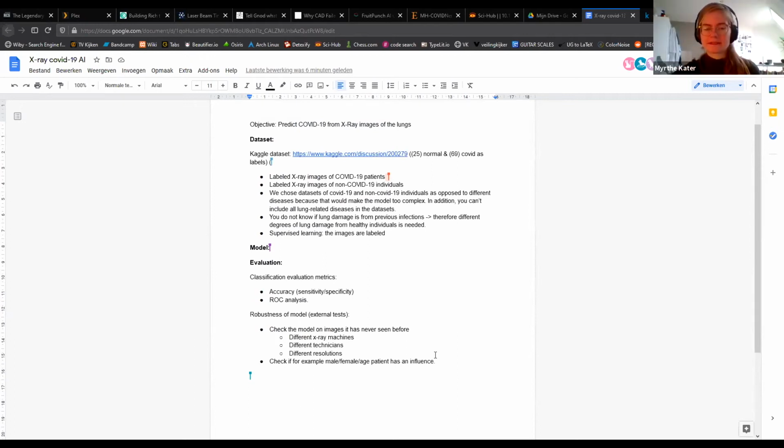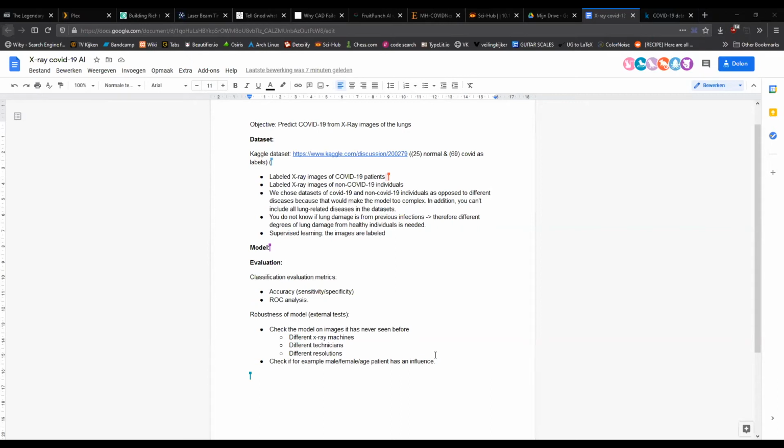Have you thought about how to deal with the size of the data set? Because it's quite small. Yes, the data set itself is quite small, but we found this one example with a quick check, so we are convinced that other data sets are also available. Also, from the original paper, I just downloaded that data set, and there are about 1,000 pictures of COVID-19, normal, and pneumonia. So I'm sure that will solve our data set size problem.